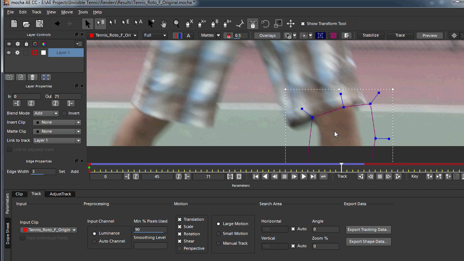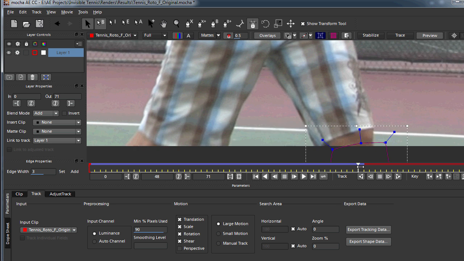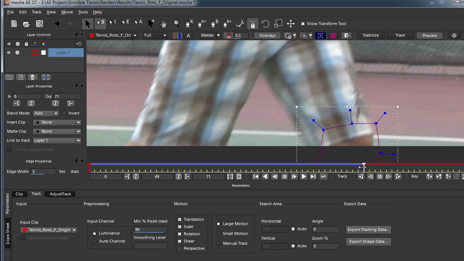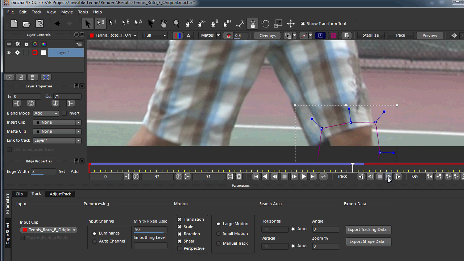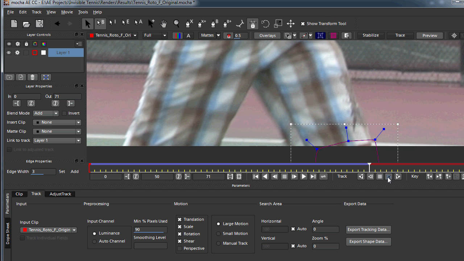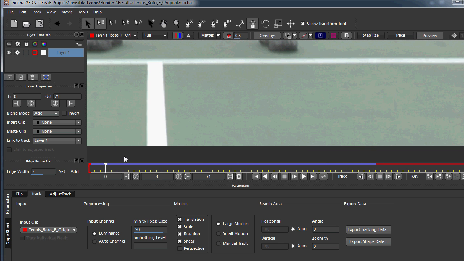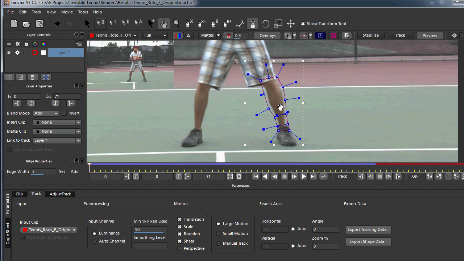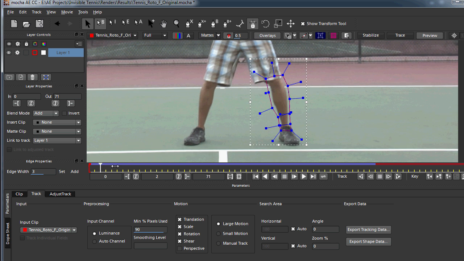So we're going to move forward to where the track just starts to lose the leg. And we're going to move this point, trying to do as little as possible. For the most part, we want to leave it where Mocha set it. And so we're just going to do a little bit of work just to help move it along and get this part of the track correct. So I'm just going to set a couple of frames where it started to lose it, and then I'm going to track one frame at a time until the leg is out of frame. And let's zoom back out here, move up to the leg. So now you can see we have our leg tracked,